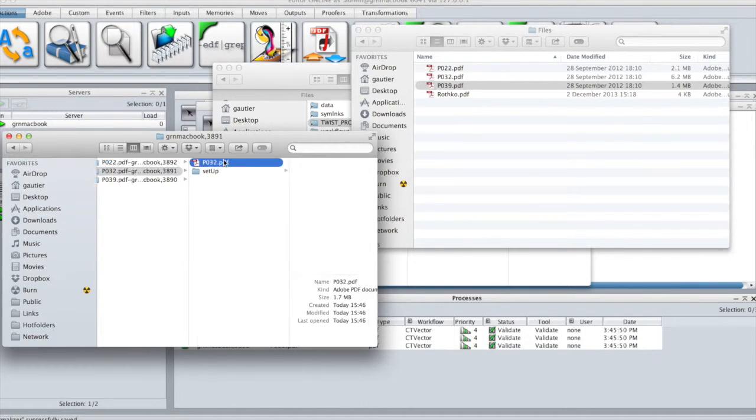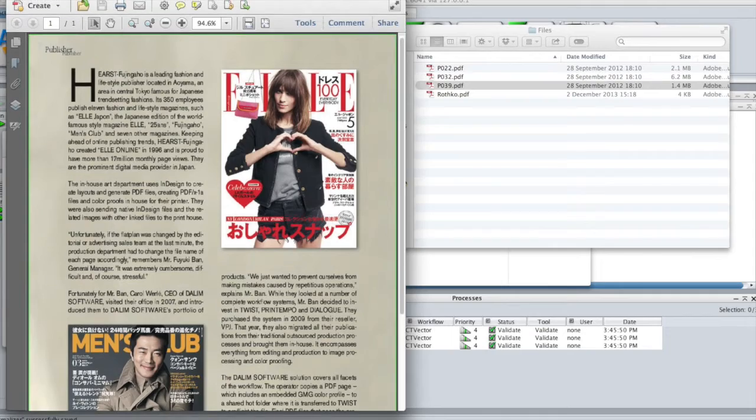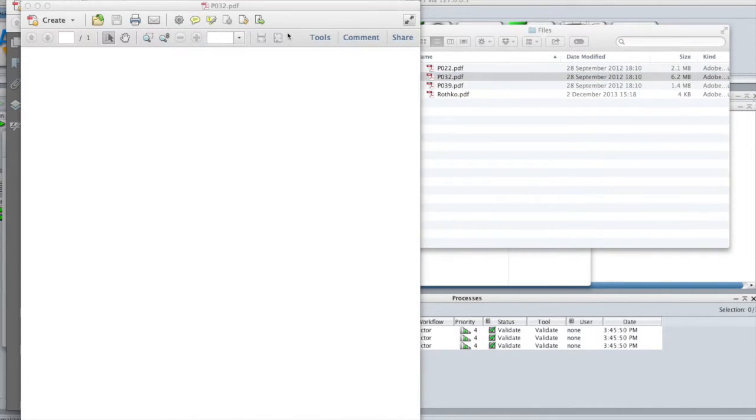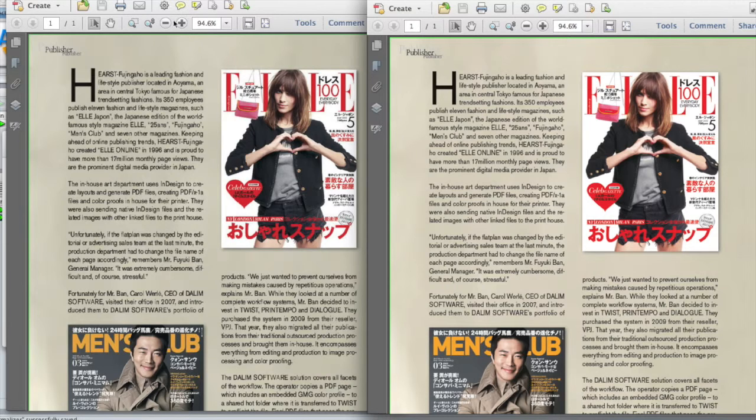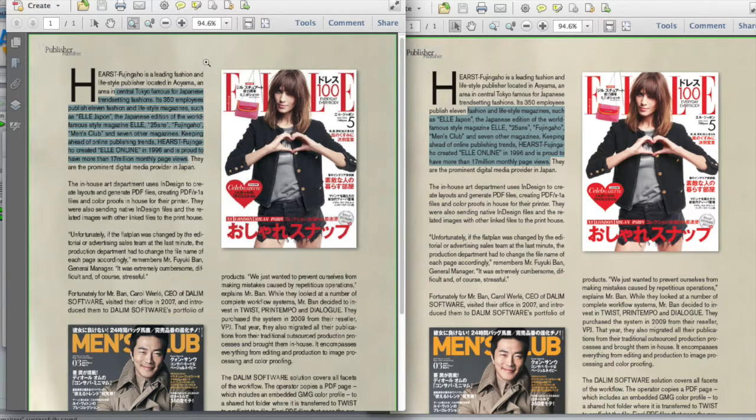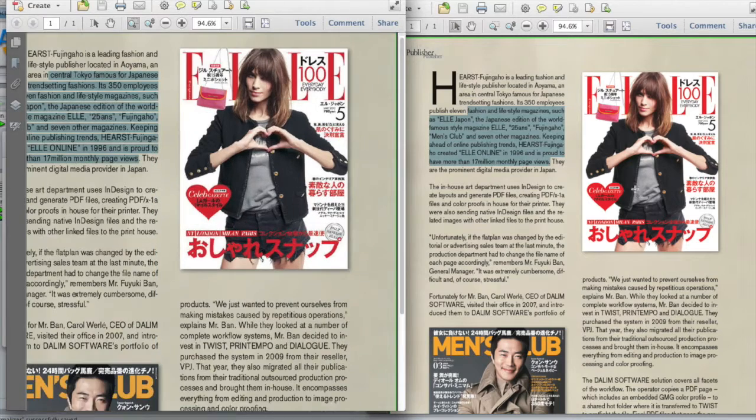And if we look at the results, the quality is almost the same. The text is kept, and the images are still of good quality.